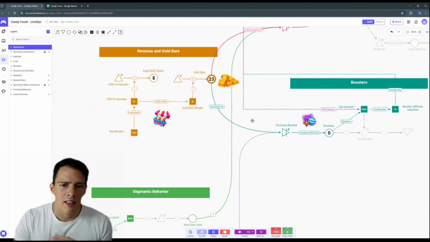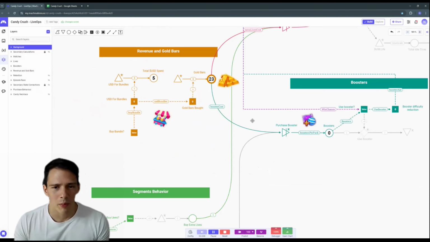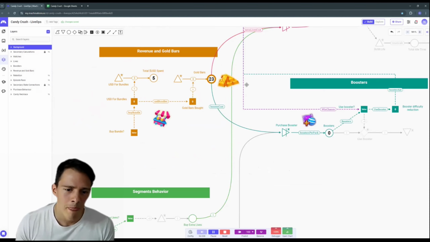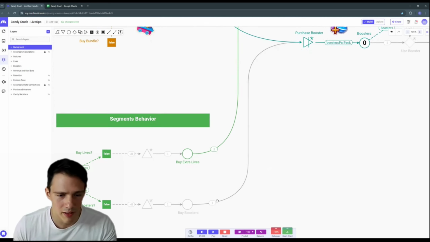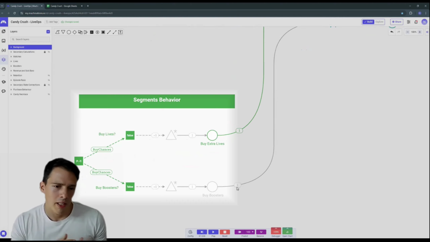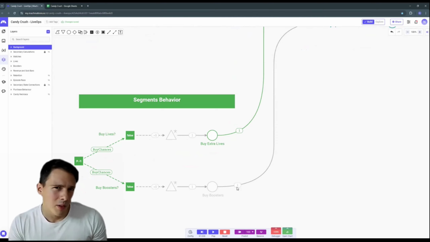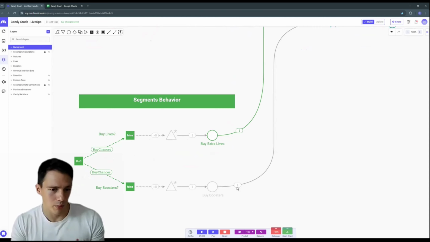And the idea is that sometimes you can get these gold bars with events, but we're going to look into that later. And here I have, of course, many assumptions that I've made, but I wanted to model that players have different behaviors in terms of lives and boosters. Generally, because I've also seen this in forums, people don't buy lives. It's not likely, but they might. So I try to create a model in which they say at certain points they want to buy boosters,